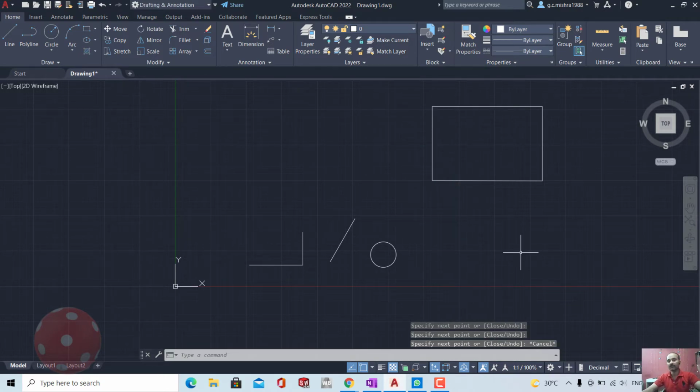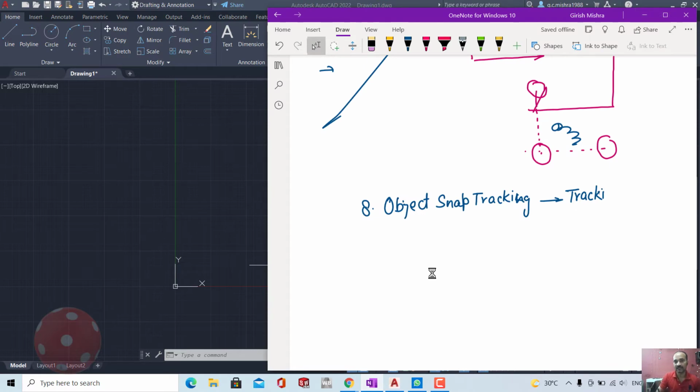So you can create your rectangle without knowing the point here. It means this tracking shows you that you are in line with the center or with a particular point. A green help line appears. Object snap tracking is a green line helping to track.